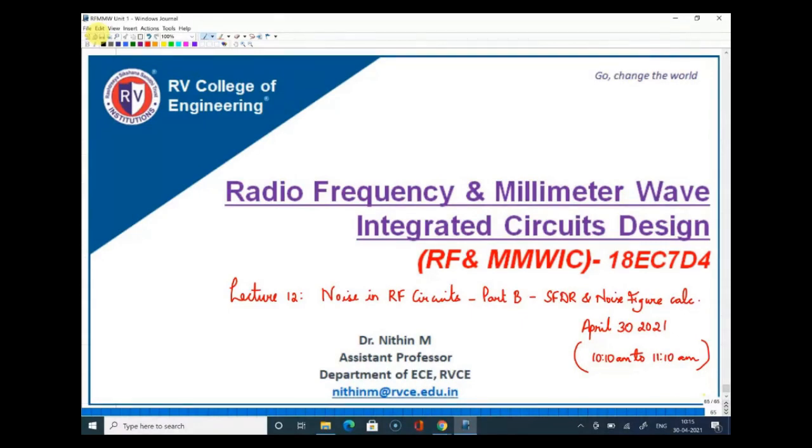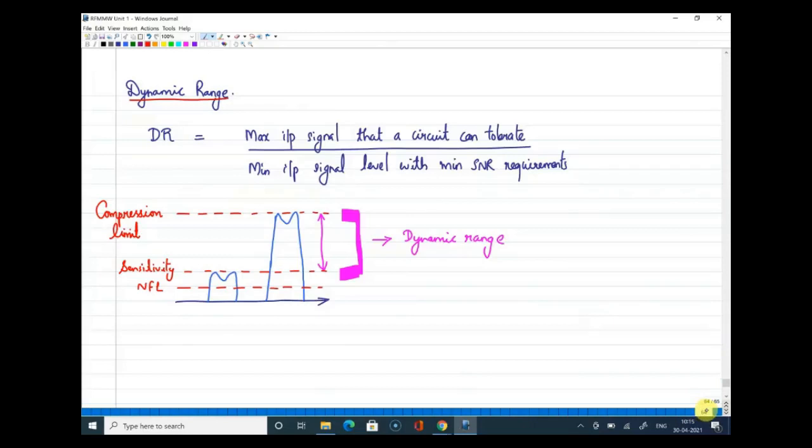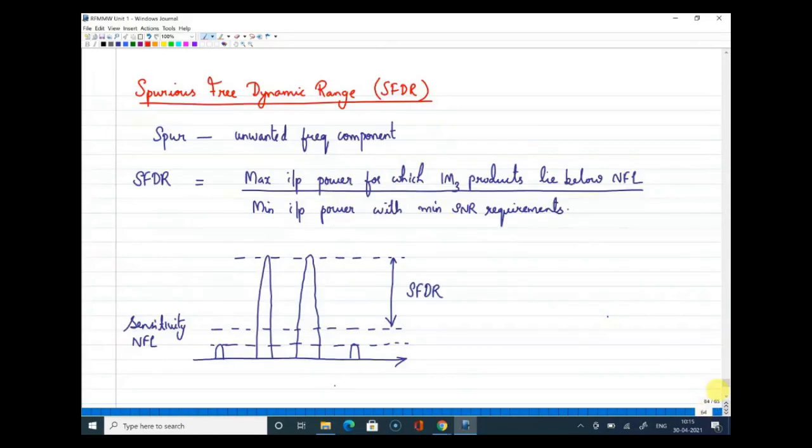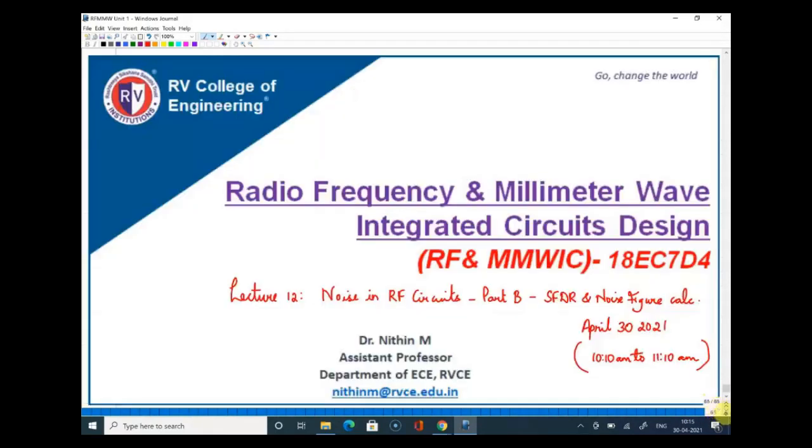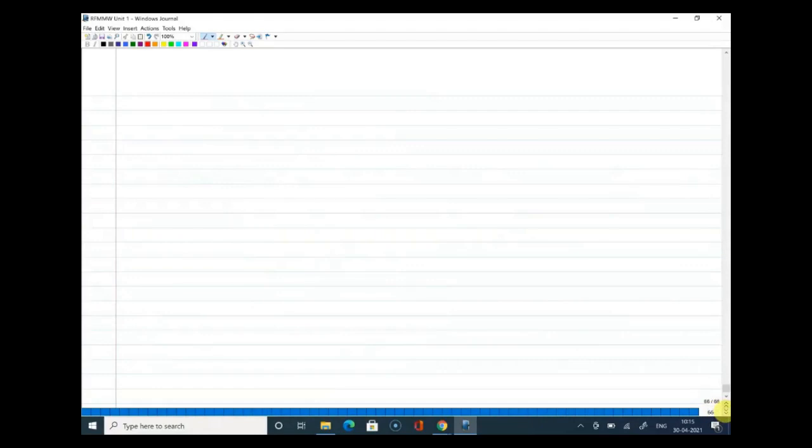So we have looked at noise figure. We introduced what a noise figure is, and also we have seen sensitivity and dynamic range. And then we arrived at the discussion of spurious free dynamic range, and I told that we'll be getting an equation for the spurious free dynamic range, SFDR. So that we will do first. So SFDR,